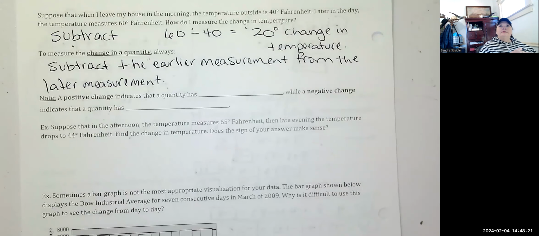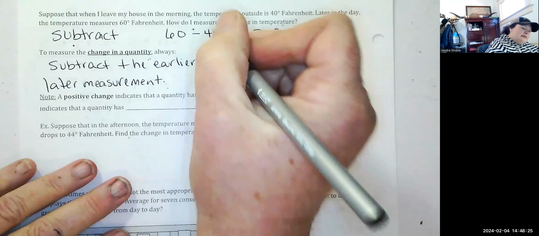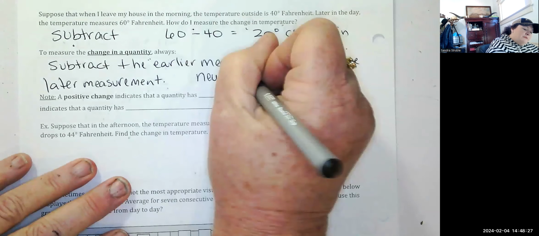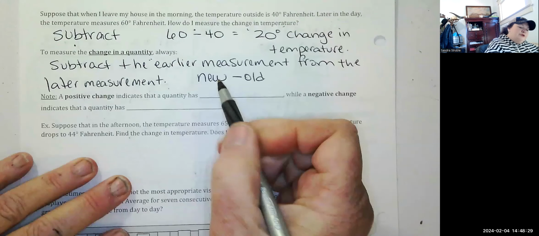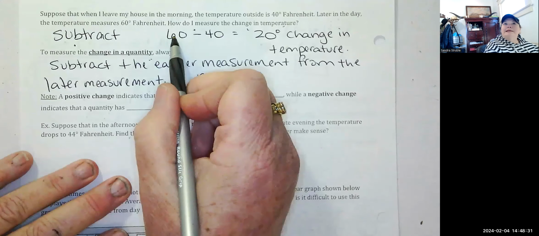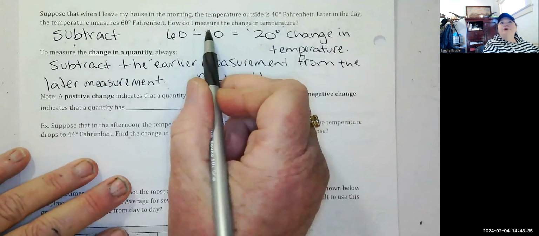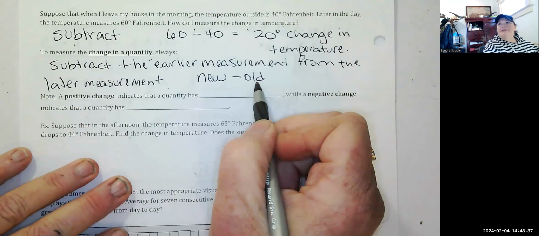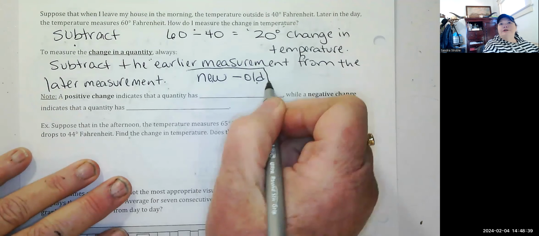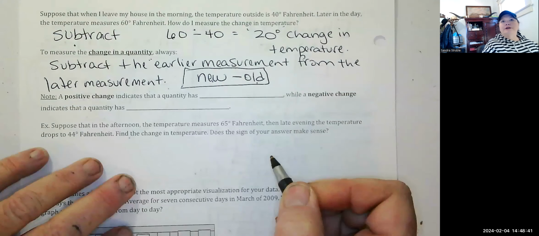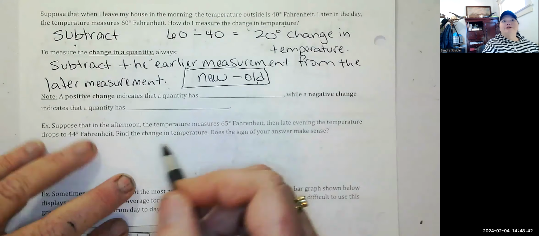No, they're not, but they're saying it different. So I'm going to say it this way: the new temperature minus the old. So the new temperature is 60 degrees, because that's what it is later in the day, right? So that's our new temperature, 60, minus the old temperature, which was 40. That's the way I like to use it,